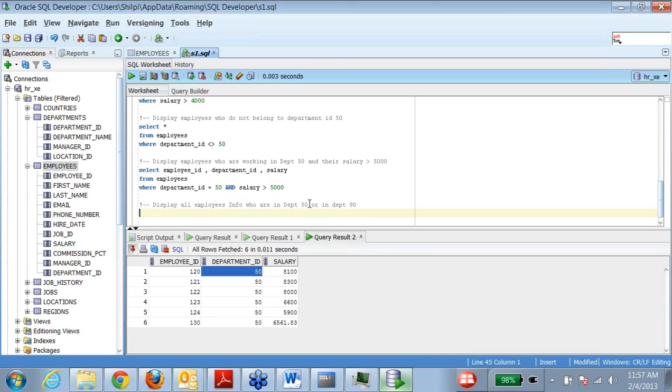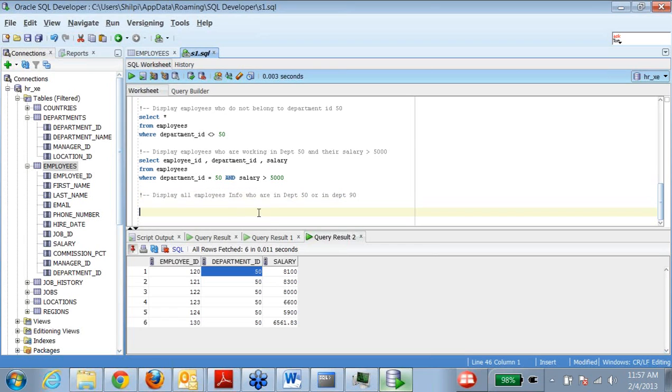Okay, so either this kind of condition is there, either this or this, right? How do you write this? So you say select employee ID